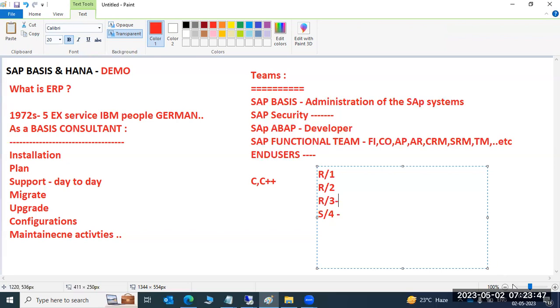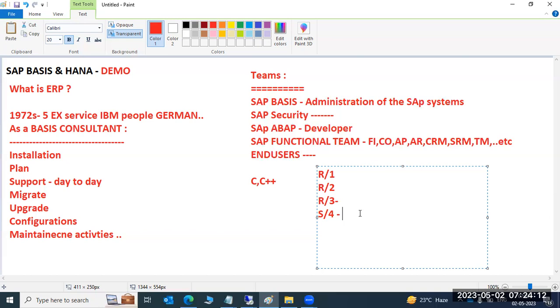It was R1, R2, R3, and everyone was thinking about R4, but they changed the naming convention to S4. S4 means Simplified Fourth Generation Business Suite.